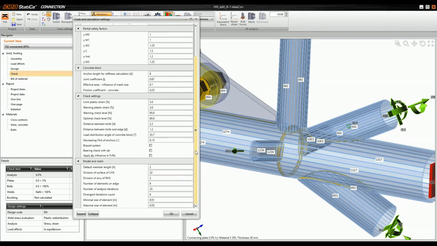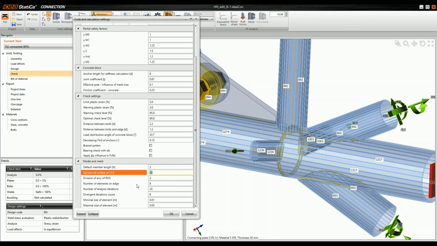But as it is really a finite element method calculation, sometimes we need to adjust some parameters, and we can, for example, adjust the division of surface of circular hollow sections, which is our case, because maybe sometimes the weld